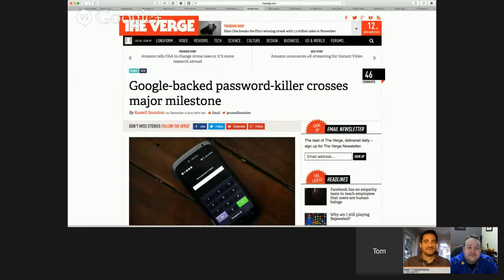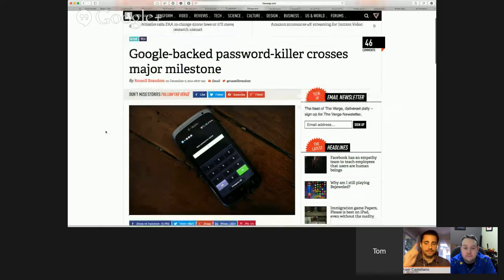Excellent. We're going to switch topics now and go into more security-related stuff. There's this interesting story I saw coming out of Google, and they've come up with a standard for non-password related identity management. And this can only be a good thing, I think, because